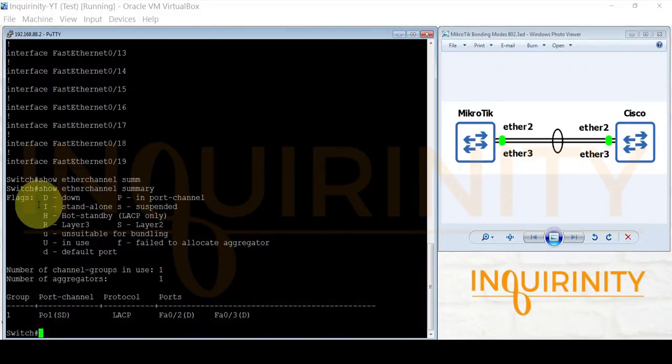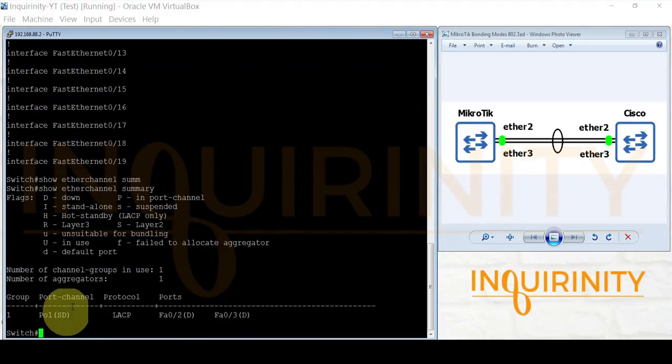If you run the command show etherchannel summary, it will show that the current state of our Port-channel 1, which is the composition of our two FastEthernet ports, Fa0/2 and Fa0/3, is down. As you can see, there is a D here, and the flag D indicates down.